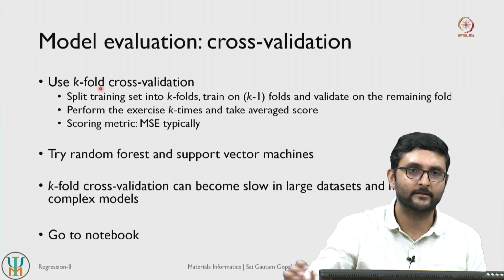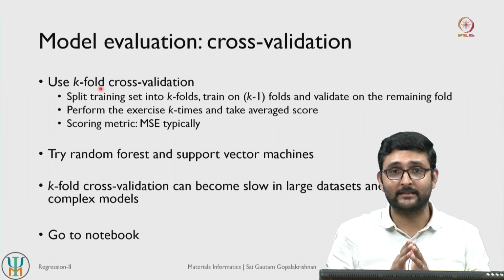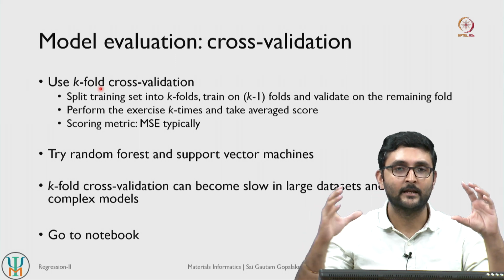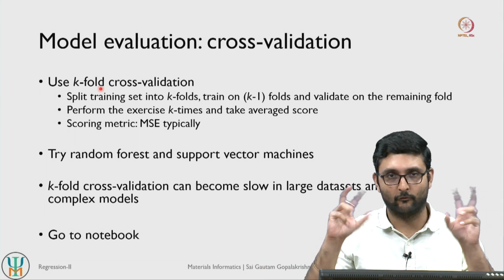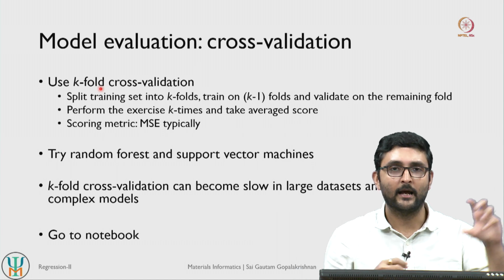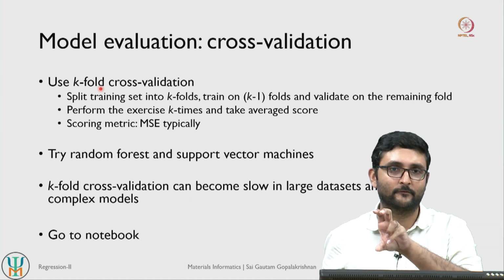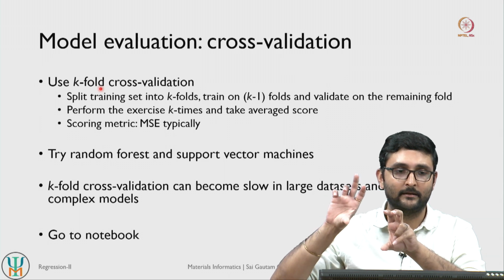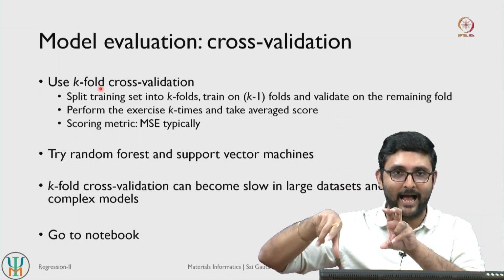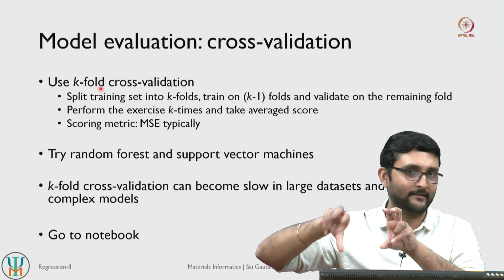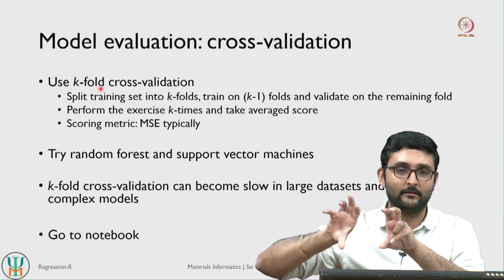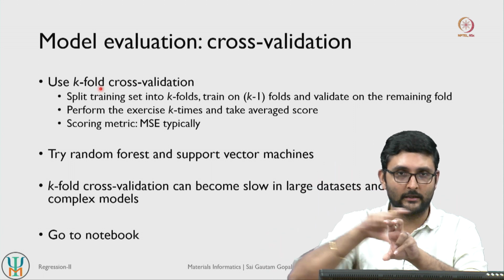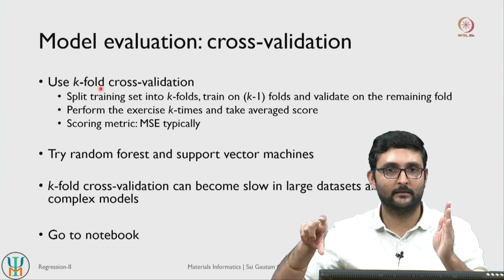So what is cross validation? If you consider k-fold cross validation, what it basically does is it takes your training data set and splits that into k different folds or k different subsets. It trains on k-1 pieces of your data set and then evaluates your model. The last piece of data has not been exposed to your model, and then your model gets evaluated on the last piece of data. You do this once and then you repeat it with your second subset.